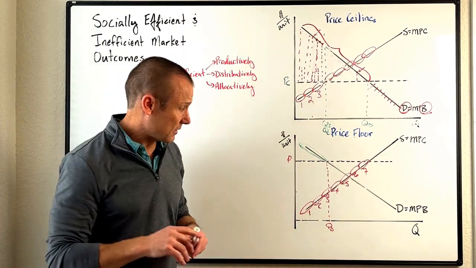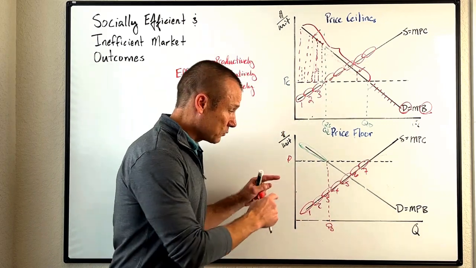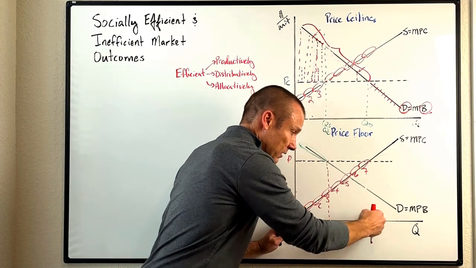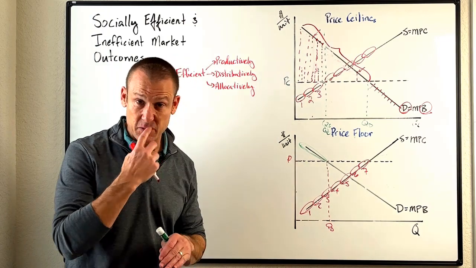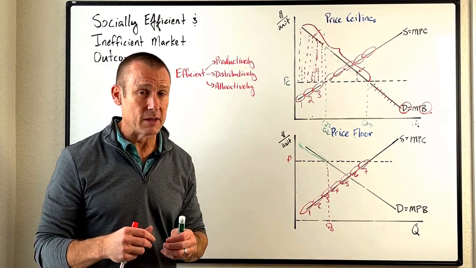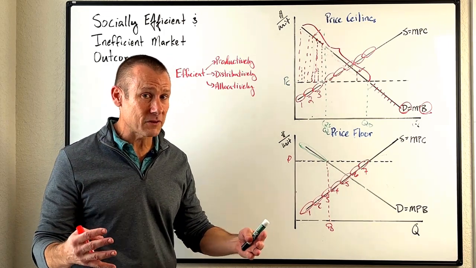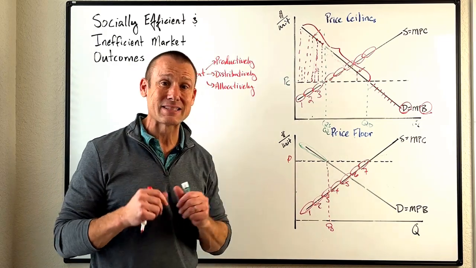And what am I saying? I'm saying, look, if we have that price floor in there, and this is all that we're going to demand, we're not going to be able to produce out here year after year. Businesses are going to go out of business because of this price floor. That's what's going to happen. And who's going to go out of business is not based on productive efficiency, because again, it is profitable for all of them because the price is higher.